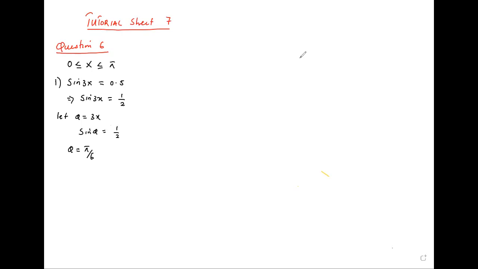So how do you know whether I must present my answer in pi's or in degrees? You look at the range given where your x falls. It can be x, it can be alpha, it can be beta, it can be omega, it can be theta. Those just represent the angle. So if the interval is given in radians, you must present your answer in radians. If the interval is given in degrees, you must present your answer in degrees. So now we've let theta be 3x, and so sine theta is equal to half, meaning theta is equal to 30. Now remember, our answers must be between